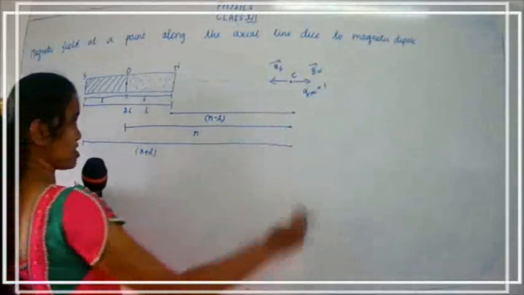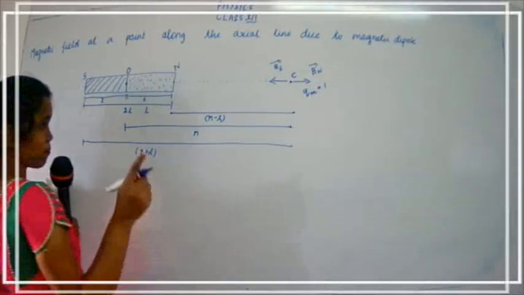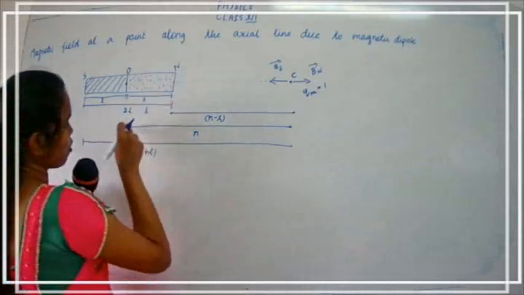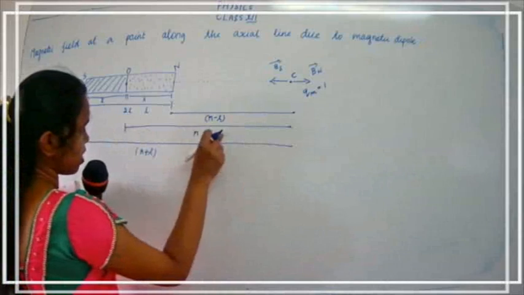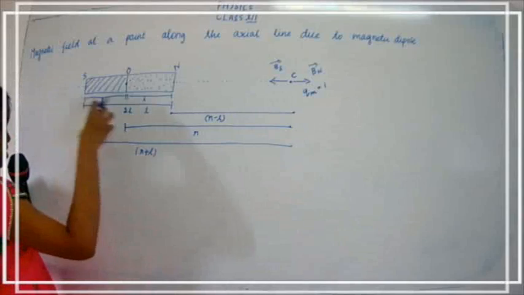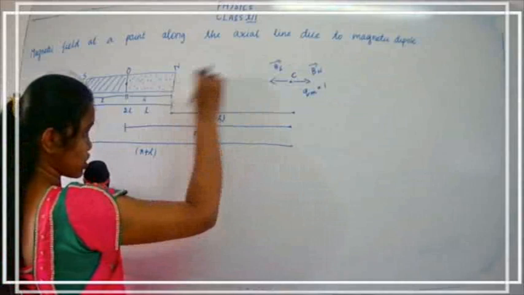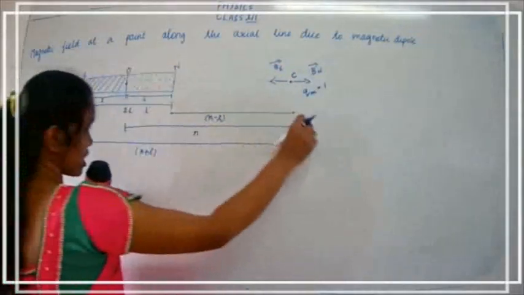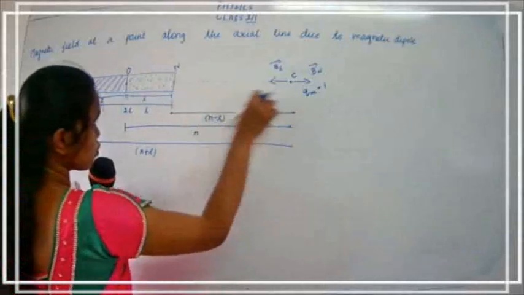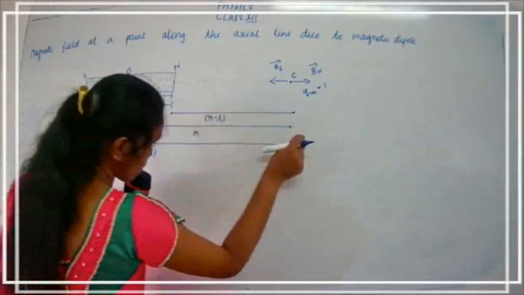The pole strength is denoted by QM, that is 1. The distance between S and N is 2L. From O to C is r, and the distance is r plus L. How r plus L? At the point C, we are going to find how much magnetic field is created by the north pole and how much by the south pole. So for the north pole we should know the distance. We already know the distance between the geometric center and the point C is r.